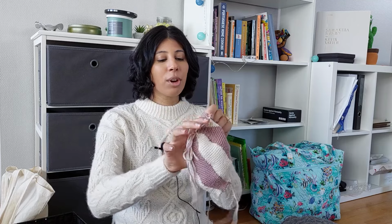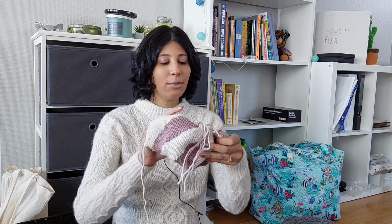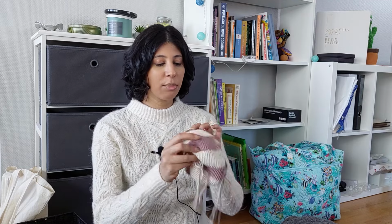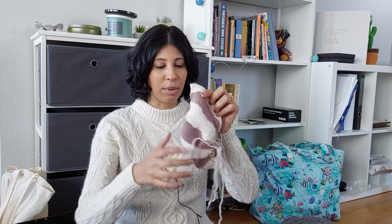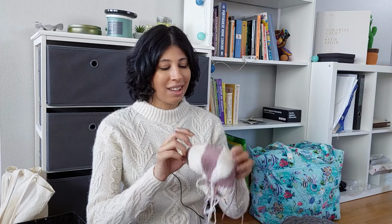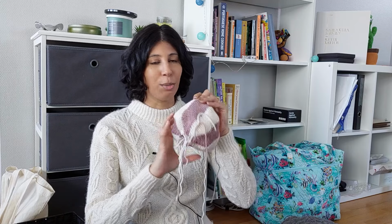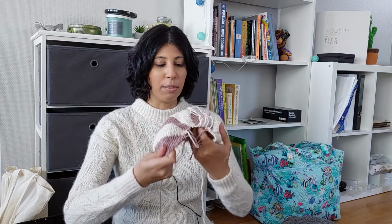So yeah, I'm working on Aften's Luftballon in leftover yarn, and honestly, the thing that is taking me probably a long time with this is that you have to knit the panels separately and then seam them together, and I am not a fan of seaming, so it took me quite a while to work up the nerve to seam everything together. And then before I seam up the last bits, I want to block it so it gets just a little bit more